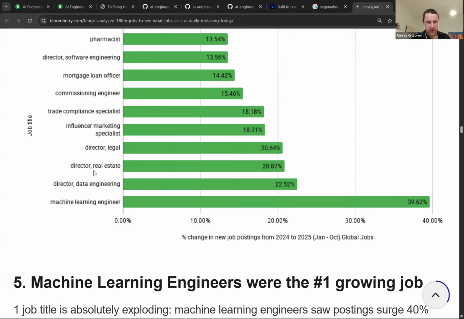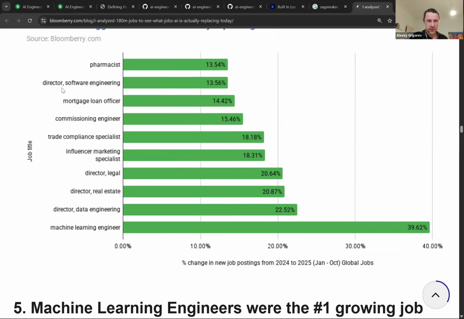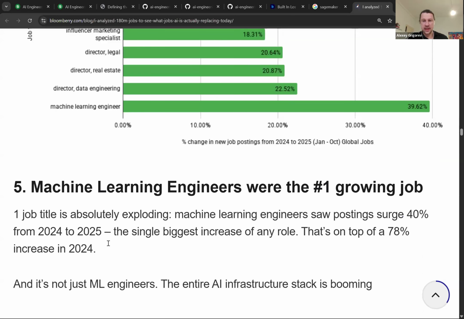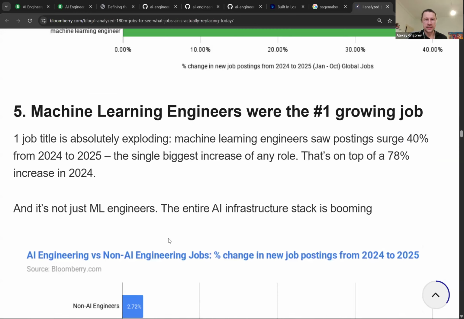More interesting, director legal, so directors are important. But okay, data engineering, machine learning engineering, then we have software engineering. I don't know why there is this director comma, but from what I see, machine learning engineering is the number one growing job, despite all this AI stuff, right?